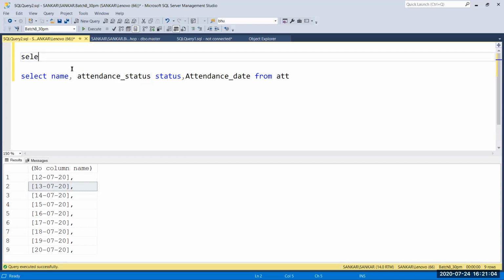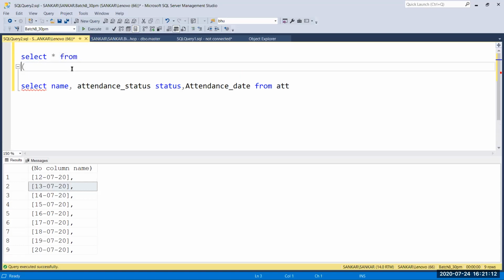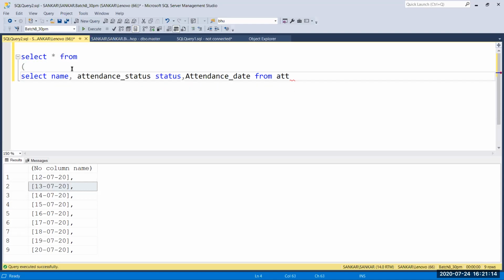Before that, I'm going to make some main query for this, and after that just pass parenthesis, then you have to give an alias name for that. Then here now we can go with the pivot table. Already we have known what is pivot and what the syntaxes are, so that's why I'm going a little faster.